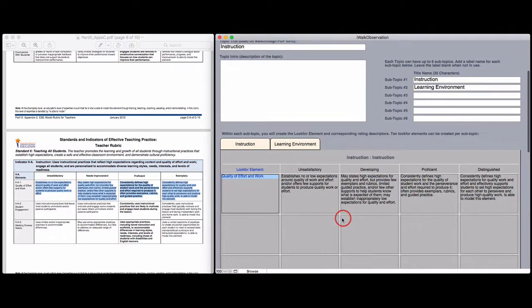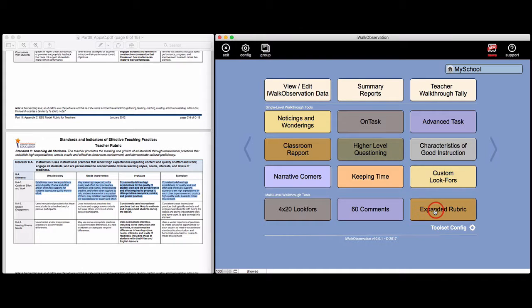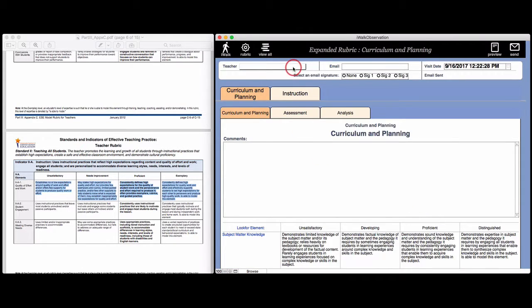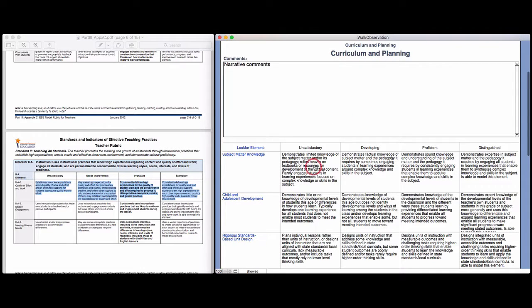Now, of course, I will continue to work through this until the entire rubric is filled, but let's take a look at our work so far. If I was to go back to iWalkObservation and go to Expanded Rubric, selecting, of course, my teacher, the email will populate. You'll see that what we have added in the Configuration Center is already present. I have my comments box where I can write my narrative comments as the observation is progressing. And I have all of my subject and subtopic tabs here with each one of the indicators or elements and